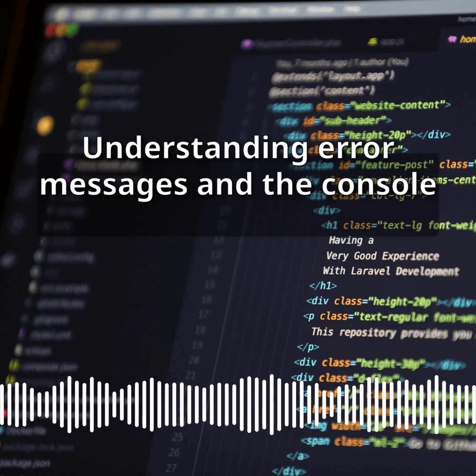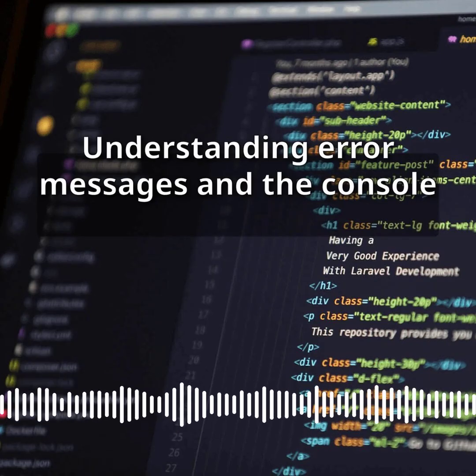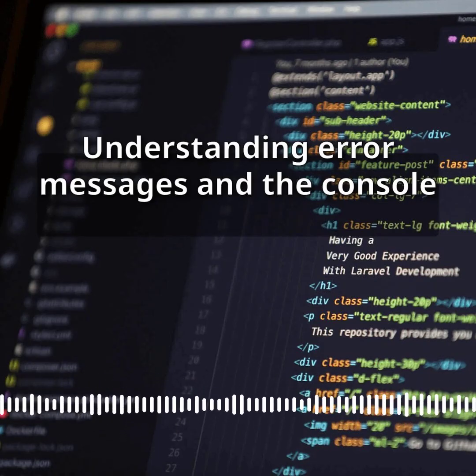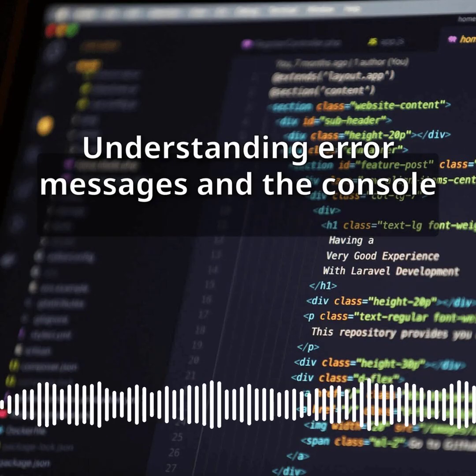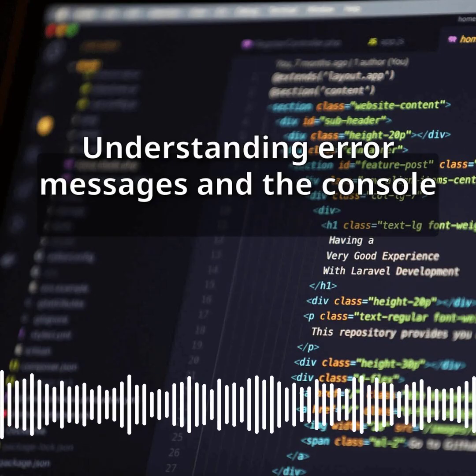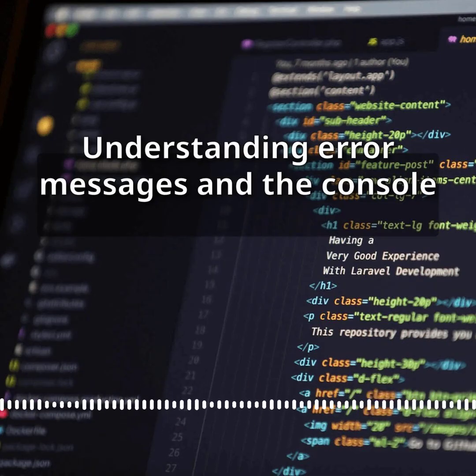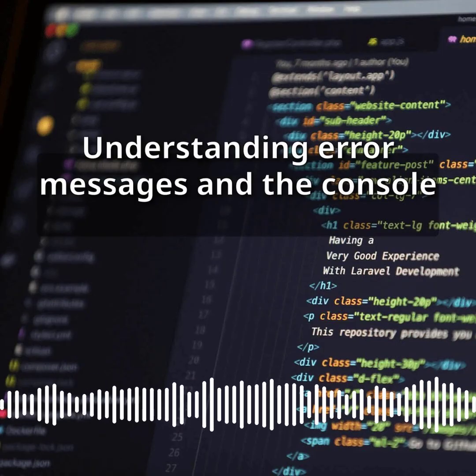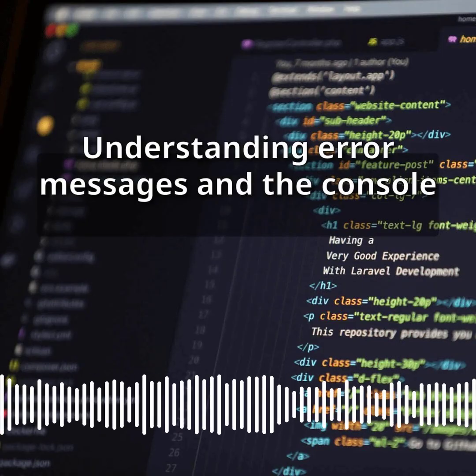Let us look at a concrete example. Imagine you have an HTML file with a linked JavaScript file. In the JavaScript file, you write the following code. function greetUser() { console.log('Hello, ' + username); } greetUser(); If you forgot to declare the variable username before using it, when you open the page in the browser and look at the console, you will see something like